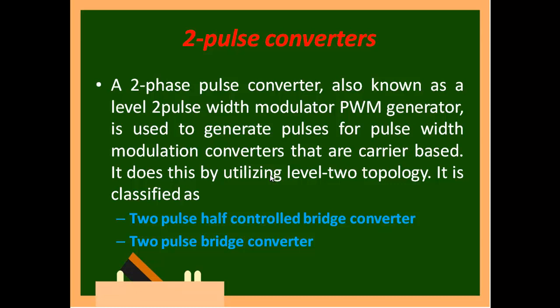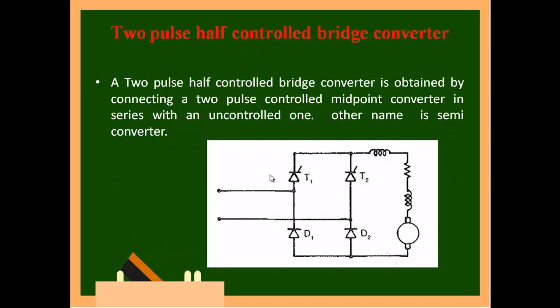The two-phase 2-pulse converter is also known as the one with a modulation generator, which is nothing but PWM. For a switch, you give a T on plus T off. When you say T on plus T off, it is called pulse width modulation. Either I can vary the on or I can vary the off. That way we call it a PWM. Now you can see the circuit here.